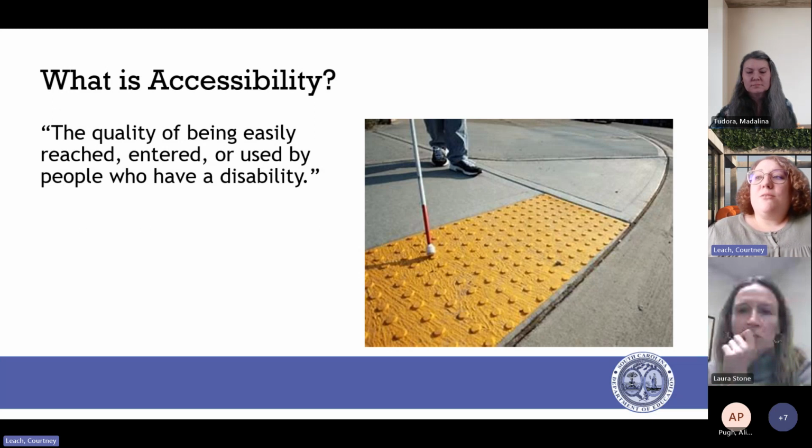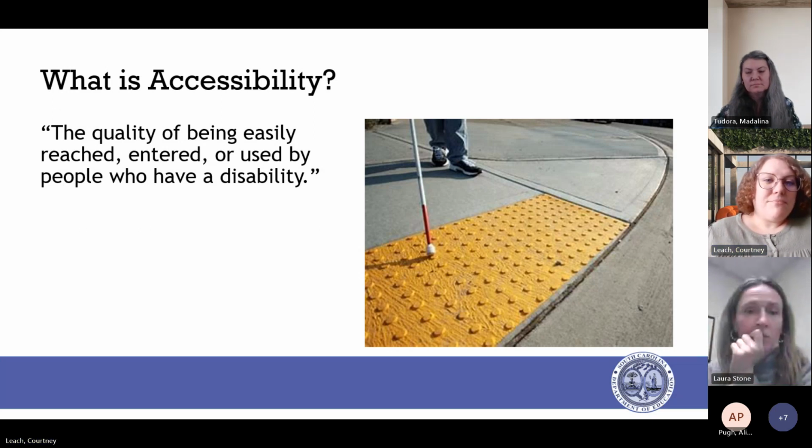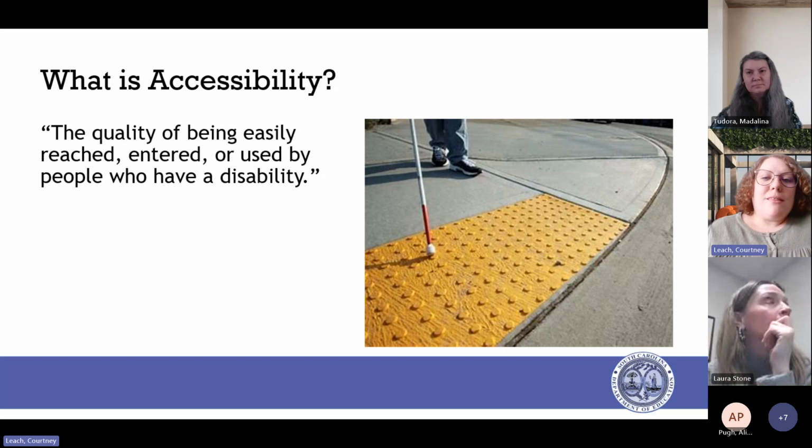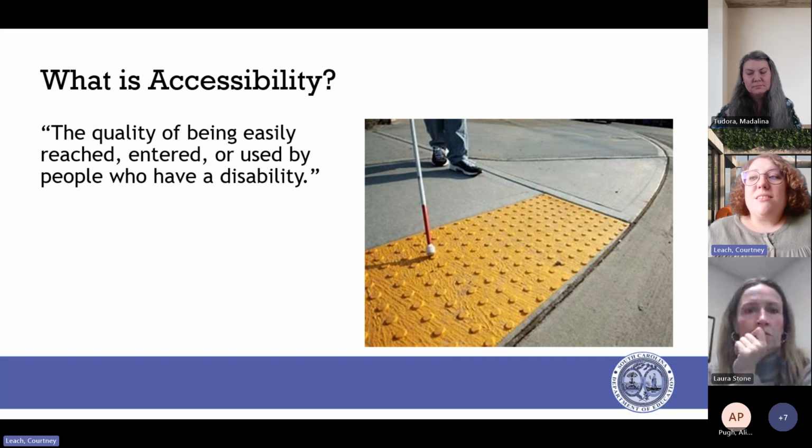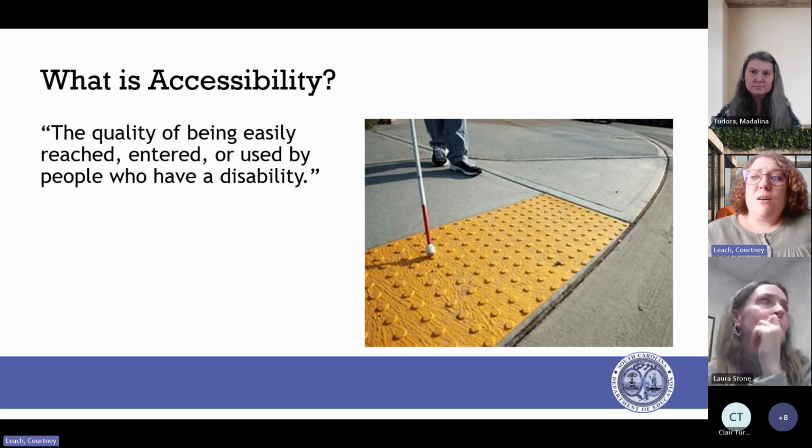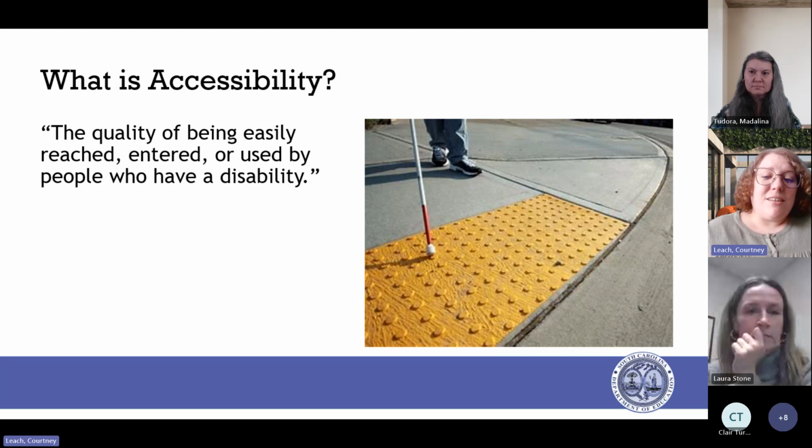So first, let's talk about what accessibility is. We've been talking about this and we'll continue to talk about it throughout these sessions. It is the quality of being easy to reach or be used by someone with a disability. And we know that everyone can easily use things that are made in a way that is simple to use, right?